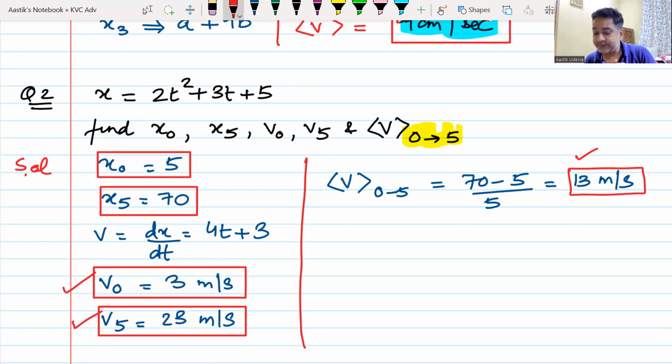Everyone got this answer? That means we are good to move ahead in life. We have taken some definite steps in understanding motion in one dimension. In the next class, we will move on to the third step. What is the third step? Speed is done, velocity is done, distance and displacement are definitely done. Then what is the third step? Acceleration. Acceleration and the equations of motion come into the picture in the same class. So we will do that.